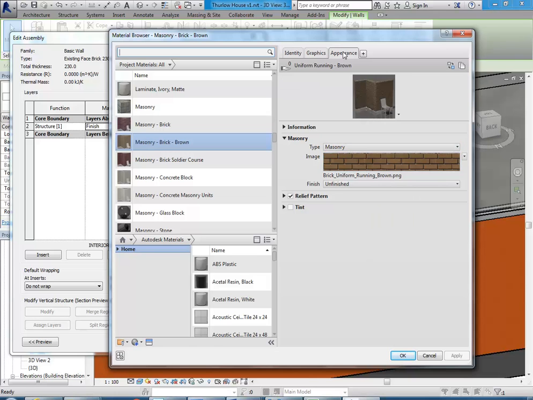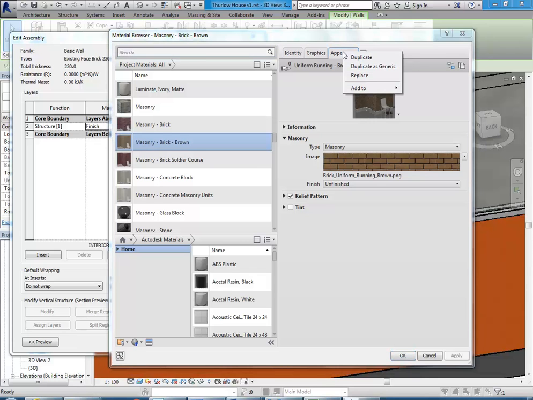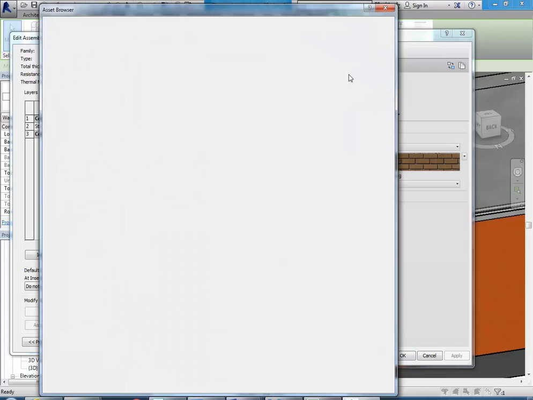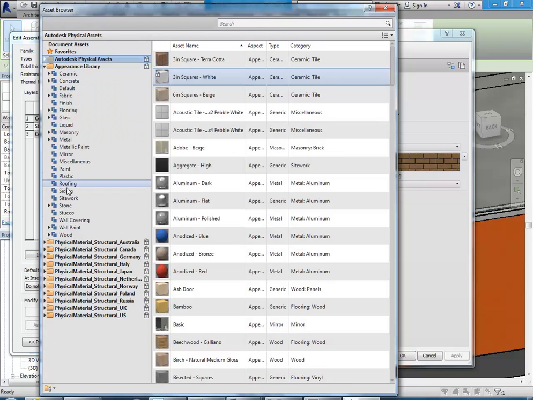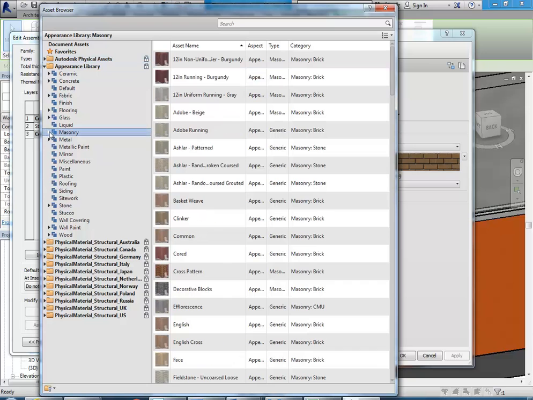Okay, so you can just right click on the appearance tab, go to replace, then go to the appearance library and go to the masonry folder. So you need to just click on the arrow next to appearance library, go down to masonry, and then